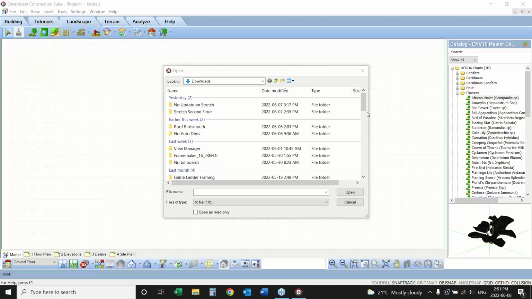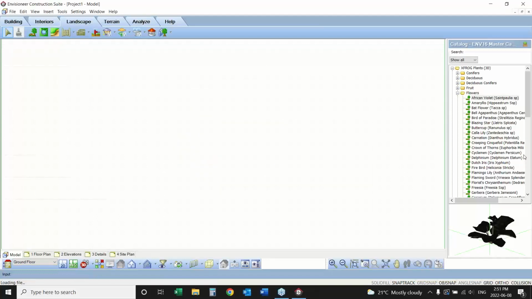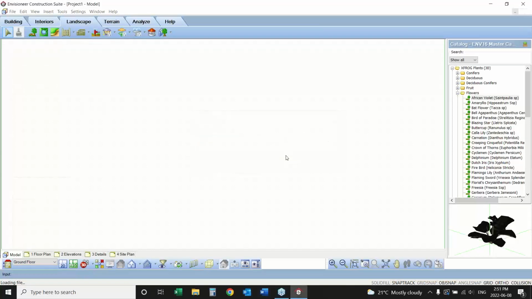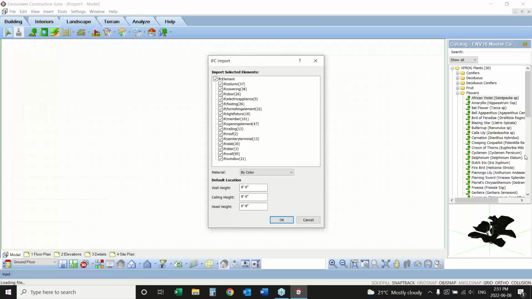I have the beach house. Okay, so I've selected an IFC file and it's saying it's going to delete it. I know that it's in a blank document. What's new with the